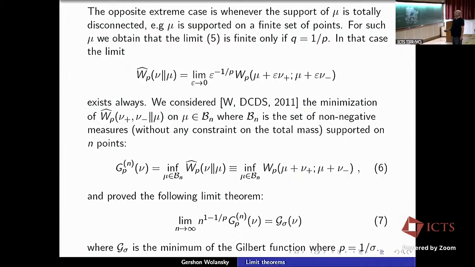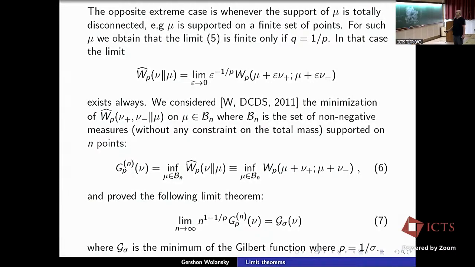The set of non-negative measures without any constraint on total mass, which are supported on n points. So this is the limit. I call it GPN, and the surprising fact is that GPN has a very interesting interpretation. If you take this limit, n goes to infinity,